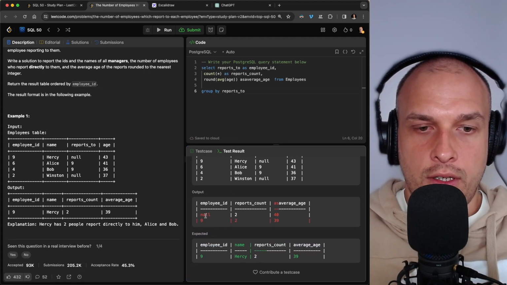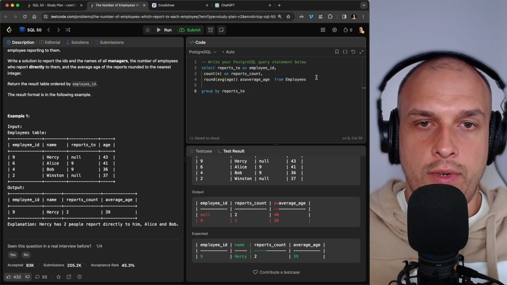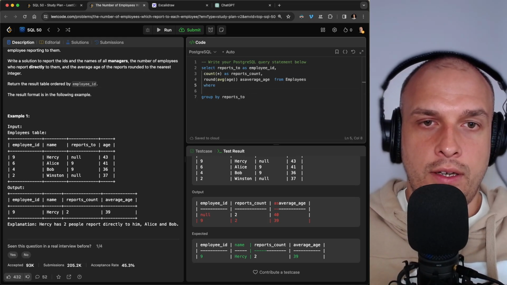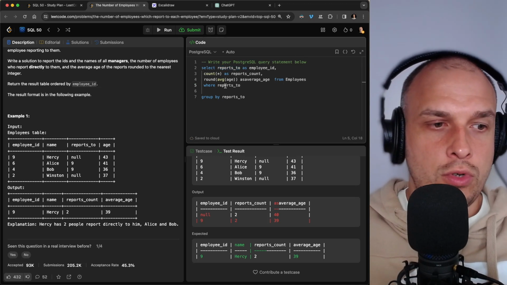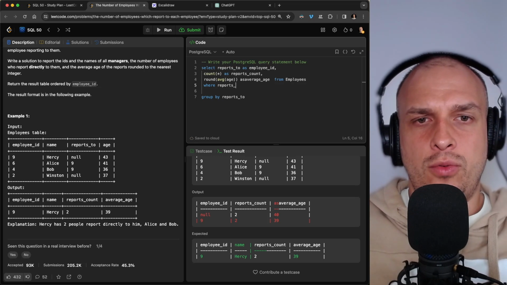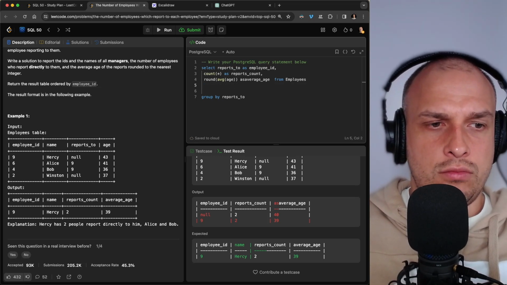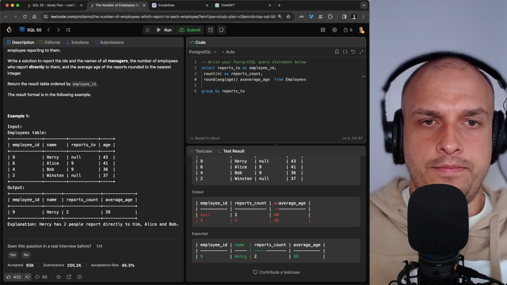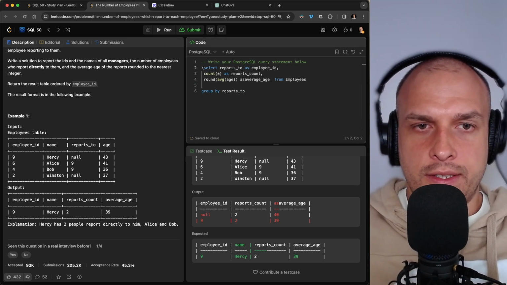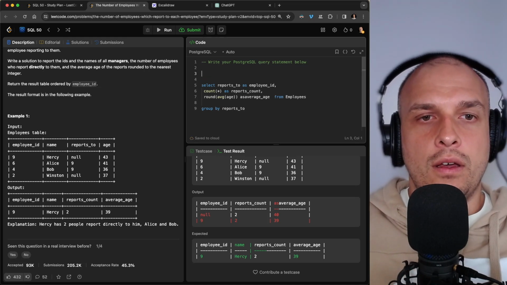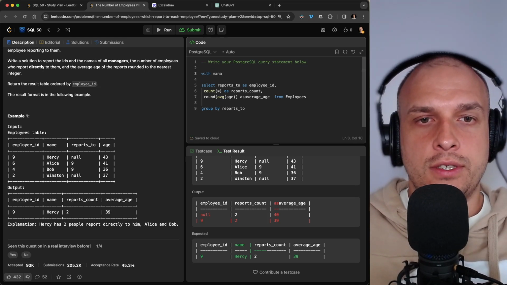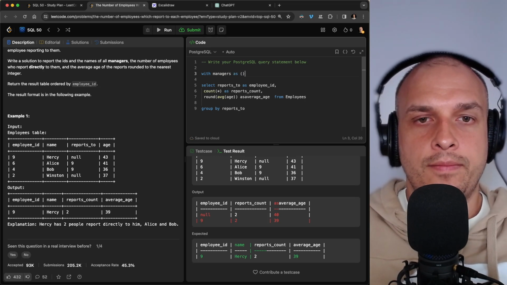Here we have null 9 to 39, and we have to get rid of these nulls. So where reports to... or, by the way, I can use an inner join actually. Yeah, so let's create this table as with managers as,